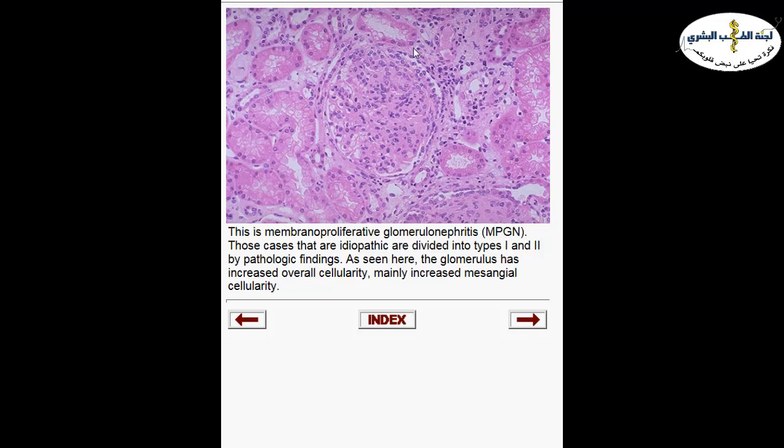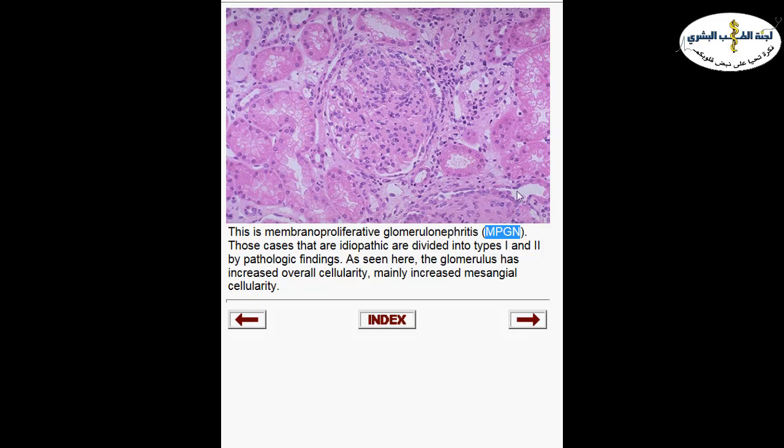Now, another cause for nephritic syndrome, less common than IgA nephropathy, is MPGN, membranoproliferative glomerulonephritis. Actually, you will hear that we have MPGN type 1 and MPGN type 2. But actually, they are completely separate diseases. MPGN type 1 is a completely different disease from MPGN type 2, okay? The other name for MPGN type 2 is dense deposit disease. First of all, we are going to talk about MPGN type 1 mainly.